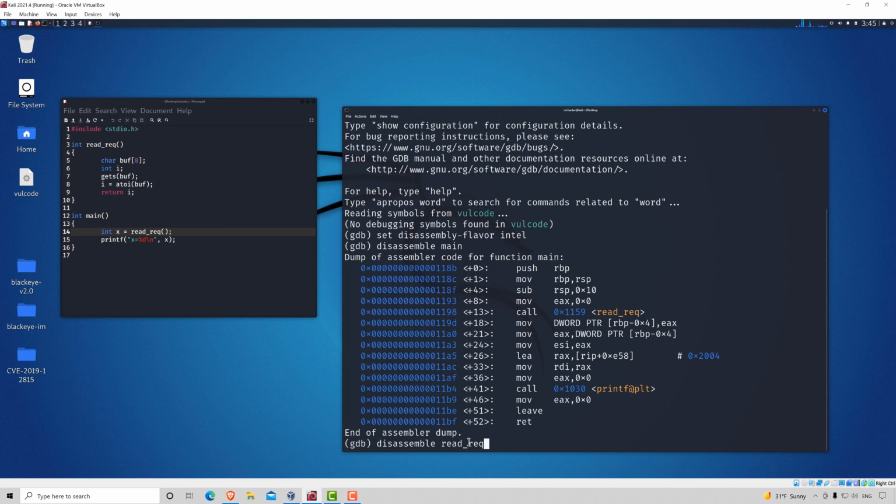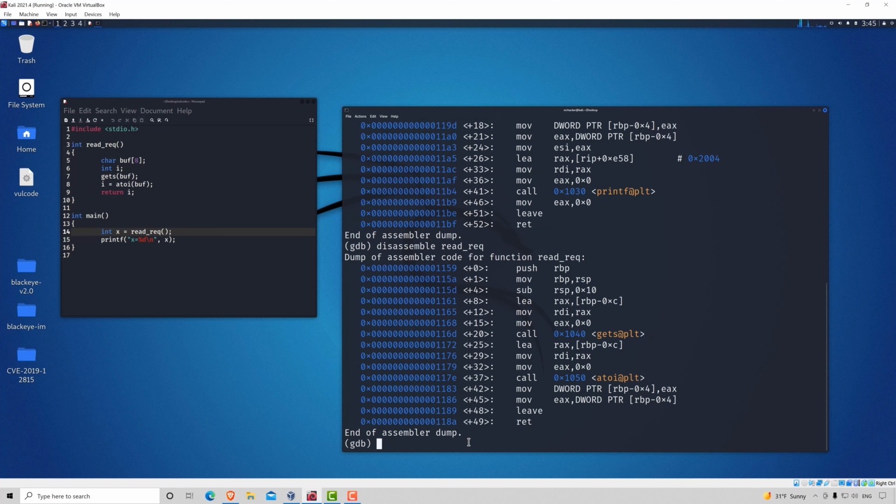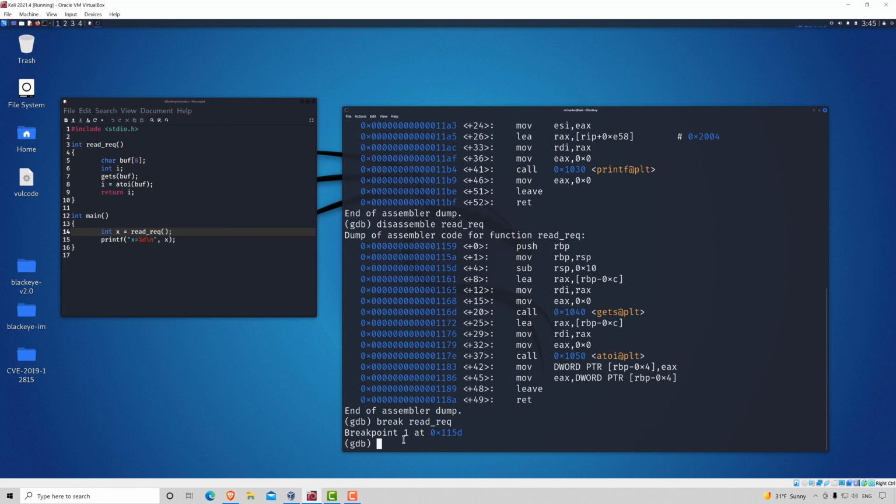So disassemble read rec, which is also a developer coded function, and right away anyone that is experienced will notice this gets function being called right here. And they would already know that there is a high percentage that there is a vulnerability in this code. So let's straight away break at this function, which essentially means that once we start the program, it will pause right before executing this function, and then we can go step by step to see how it executes and also